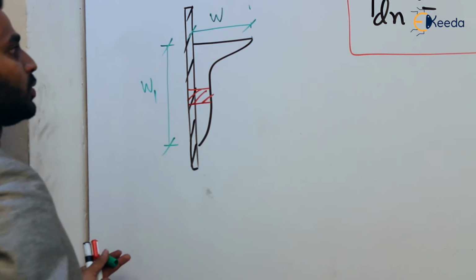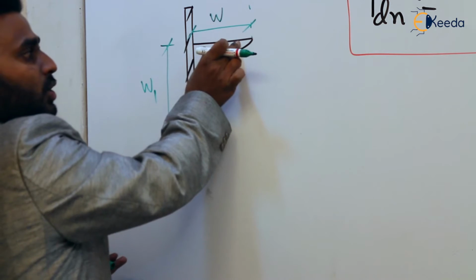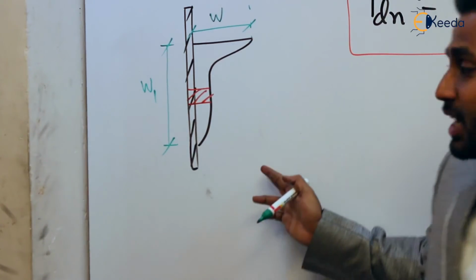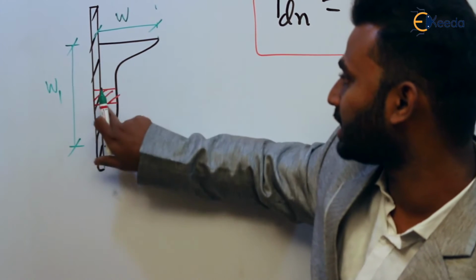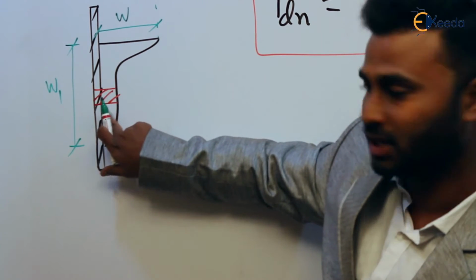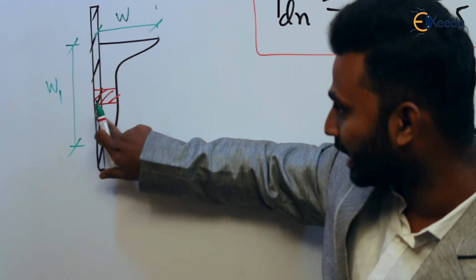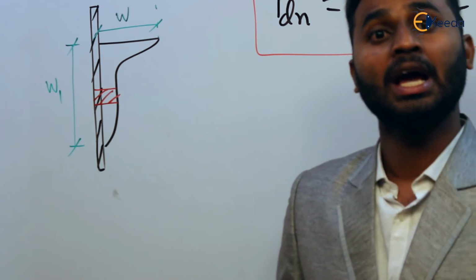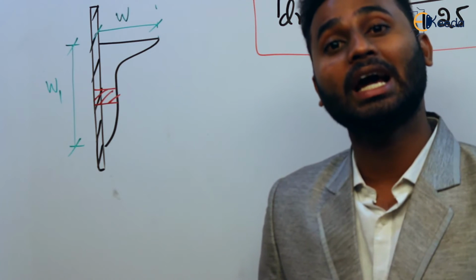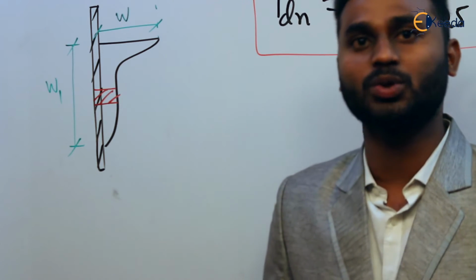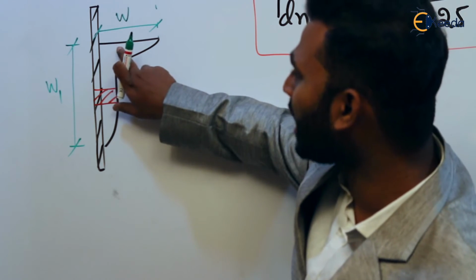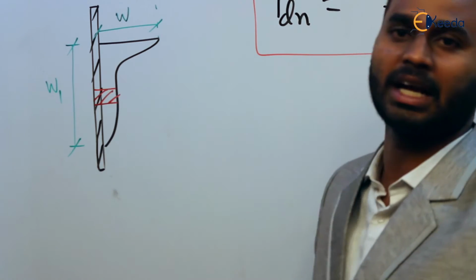So this is the width of the outstand and this is the width of the connected leg. If you observe, the angle consists of two legs. This is one leg and this is another leg. This is an unequal angle. An unequal angle with the longer leg connected to the gusset plate is best suited as a tension member. Now this is considered as the outstand and this as the connected leg. Yes or no? Why?